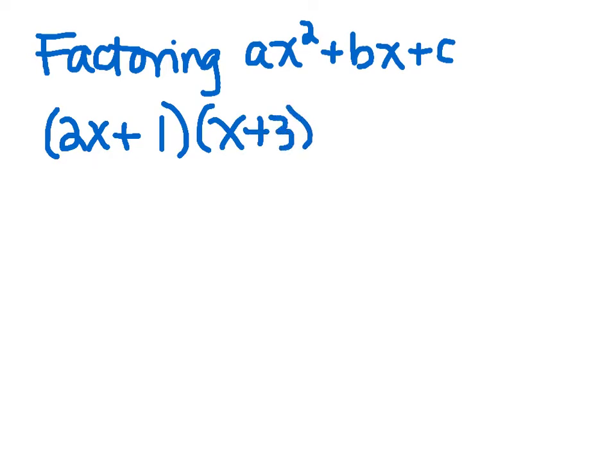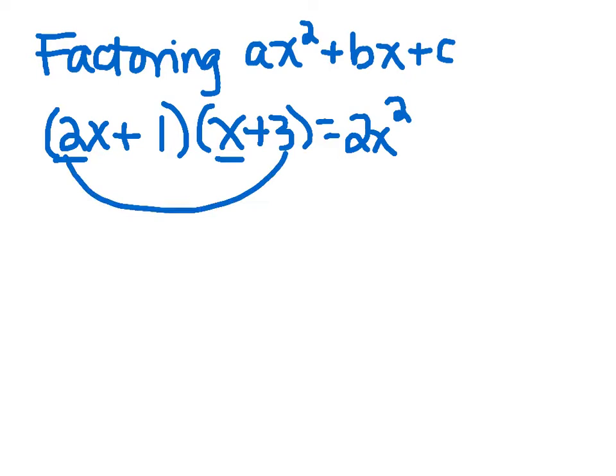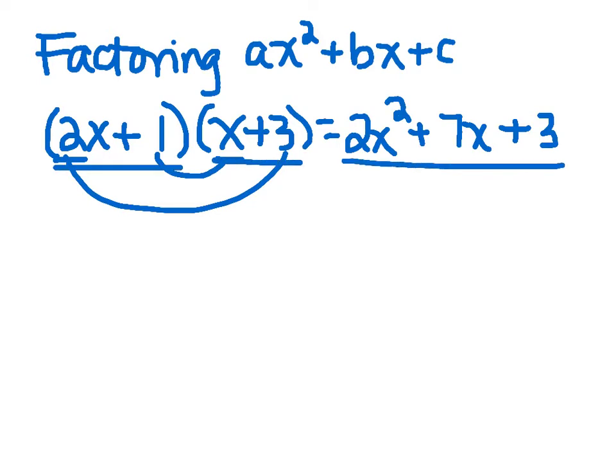We know that to FOIL, I multiply the first together, and that gives me 2x squared. When I multiply the outer and the inner together, that gives me 7x. When I multiply the last, I get plus 3. So I know that this term times this term equals that term, and therefore I should be able to factor this trinomial. Using what we've done in the past, we would draw our parentheses, we would put in our variables,